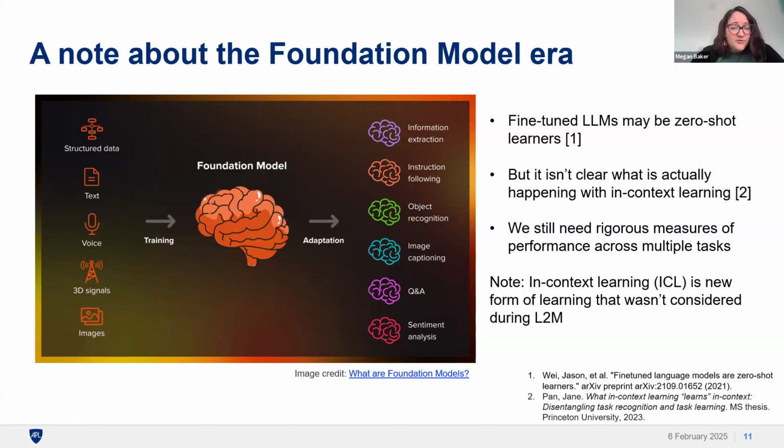And I think in particular, transfer metrics are important, specific to foundation models more so than they were to the lifelong learning systems that we were evaluating in L2M. And we didn't consider in-context learning or anything like that, because this kind of happened right at the end of our work on DARPA L2M.